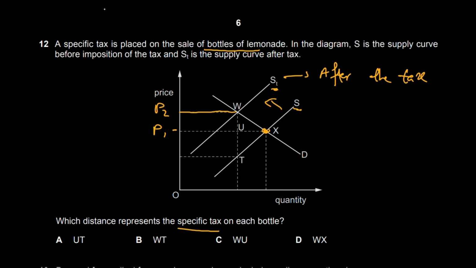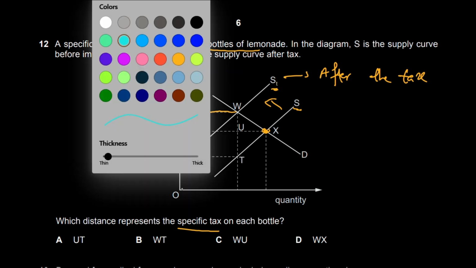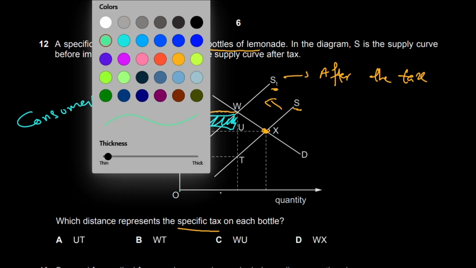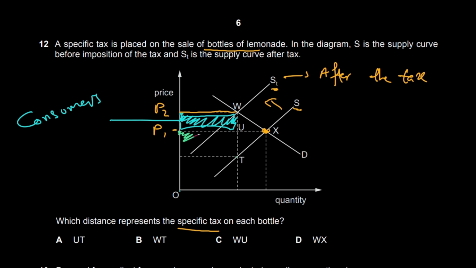Okay. So whenever we are talking about tax, if it is an indirect tax that is mostly imposed on our producers and manufacturers, then half of the tax burden is shared onto the consumers, while half is shared on the producers. So if I just change colors and I show you, basically this half is the tax burden that is shared by consumers, while this half is basically the tax burden shared by